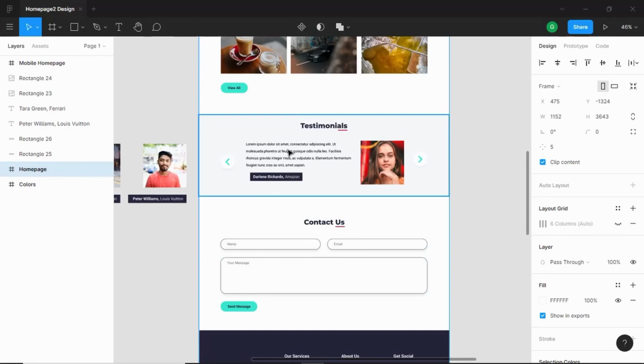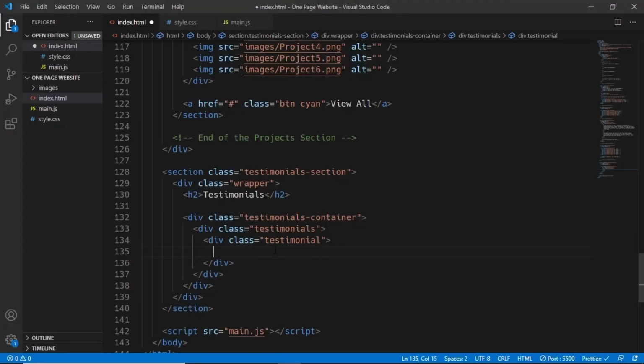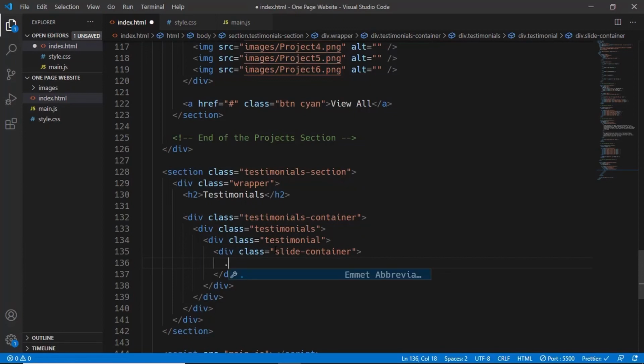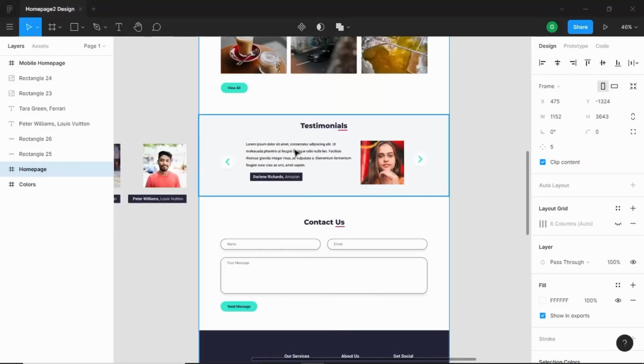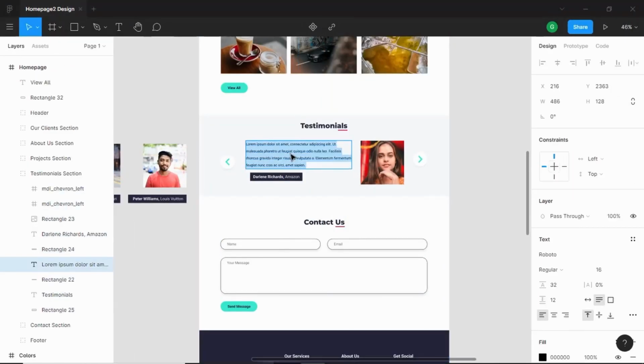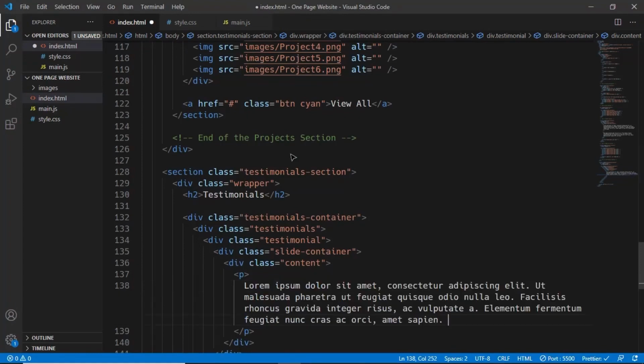Now each of the content inside the testimonials is a slider. So we'll create a division with the class of slide container, and in that we'll have the content. So we'll have a division with the class of content, and in that we'll have the paragraph. So let's copy this text and we'll paste it right here,